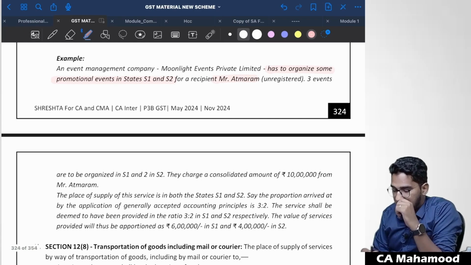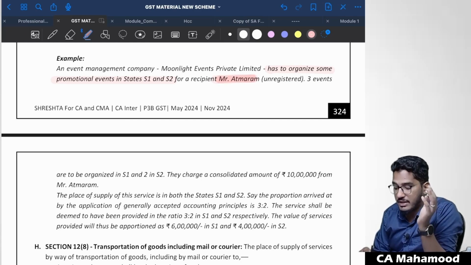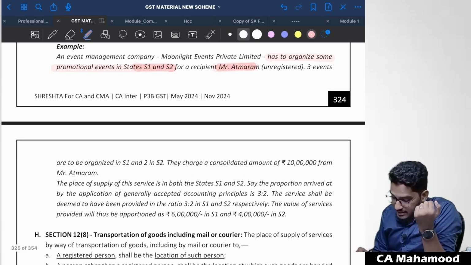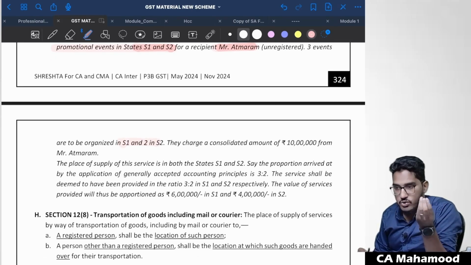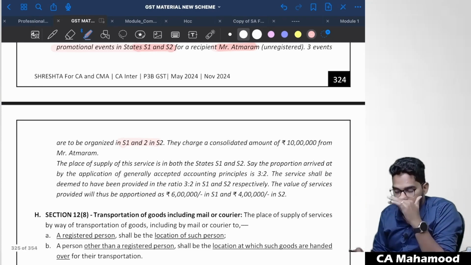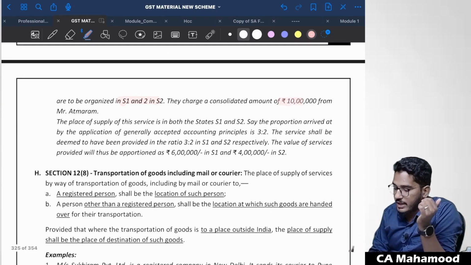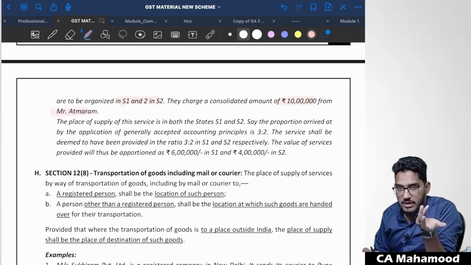So here also the same thing is happening. Some event management company is organizing events for one registered person, but that event has to take place in 2 states. 3 events are to be organized in state 1 and 2 in state 2. Totally 5 events have to be conducted. Out of that, 3 are in state 1, 2 are in state 2. They charged a consolidated amount of 10 lakh rupees from Mr. Atmaram. So in this case, what they have told in the section is that you have